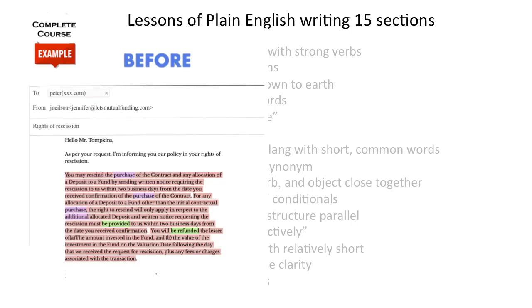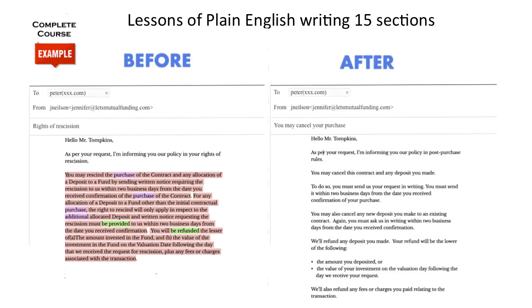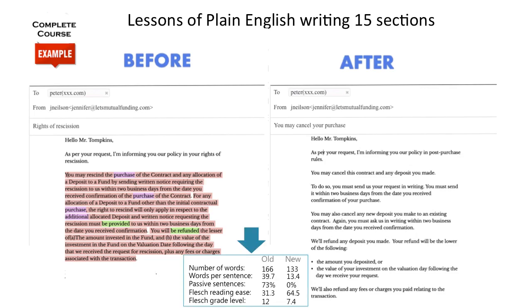In fact, you can use an online editor tool like Hemingway Editor to review the readability of your email content. The after example shows the improved Plain English version, which is clear and concise. You can see some indexes showing how much improvement was made, like the number of words, words per sentence, Flesch reading ease, and Flesch grade level.